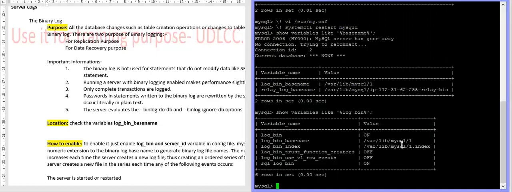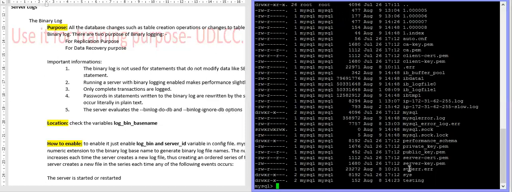How can you see those files physically or with a command? You have two options. You can see them with the system command ls -la in the data directory, where you will find the binlogs.